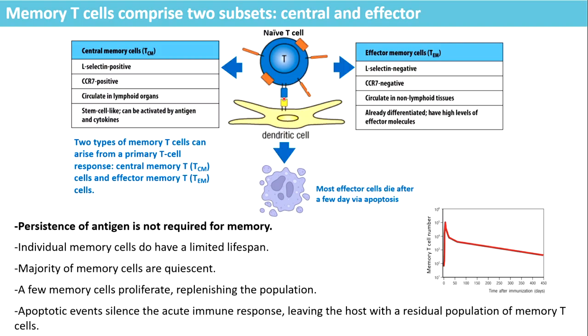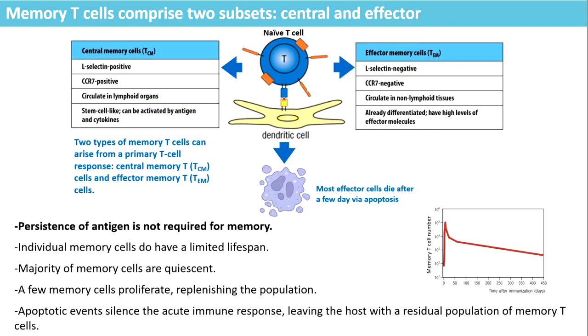Now, in the past, we've always talked about memory T cells as being one, but actually there are two subsets that we need to be aware of. So we've got the central memory T cells and the effector memory T cells. The central memory T cells circulate in the lymphoid organs, and that's why they're positive for L-selectin and CCR7, so they can move in and out of the lymph nodes. And then we have the effector memory cells, which are negative for L-selectin and CCR7, and they actually circulate